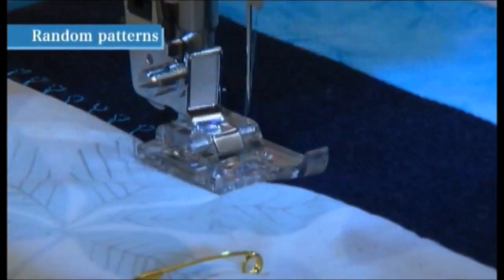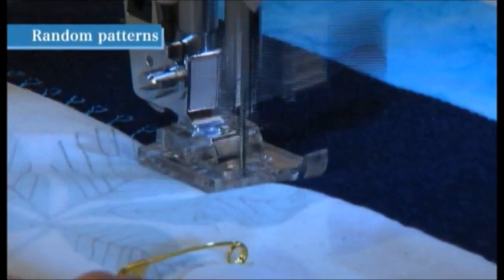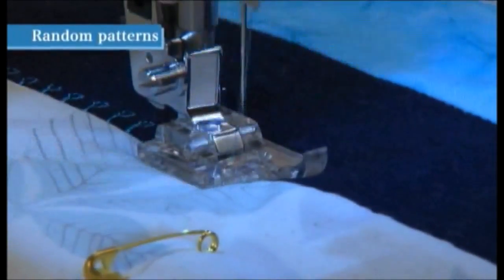These patterns give a decorative look to the junctions of crazy quilts and patchworks. For example,